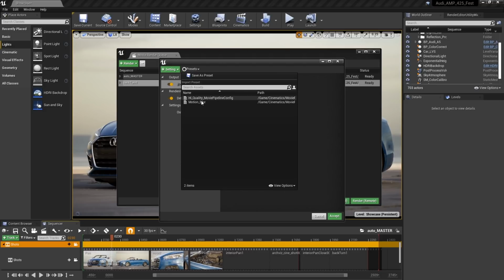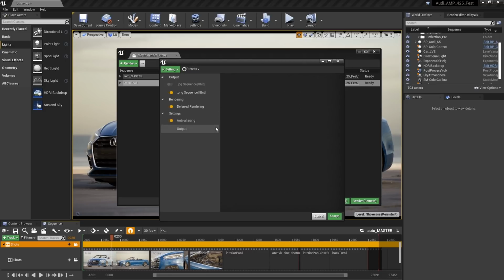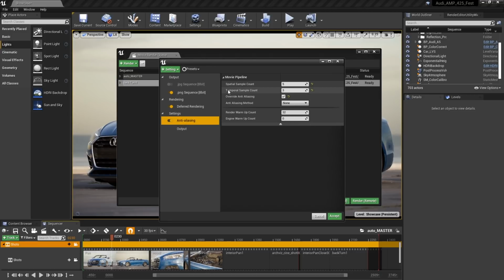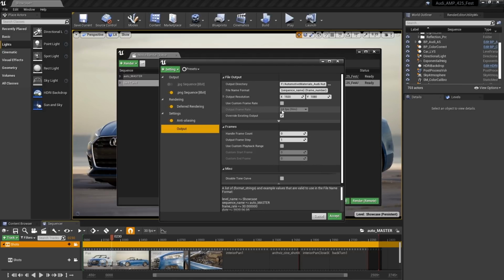These are two presets that I made. We'll just bring on the motion blur. So motion blur is going to be a PNG sequence with the anti-aliasing set to do 5 spatial samples and 3 temporal or motion blur samples. I'm turning off the temporal anti-aliasing because of the count of samples that I have here, which is pretty awesome. And then for the output, I'm basically going to render out just a 1920 by 1080 image. So pretty straightforward stuff there.